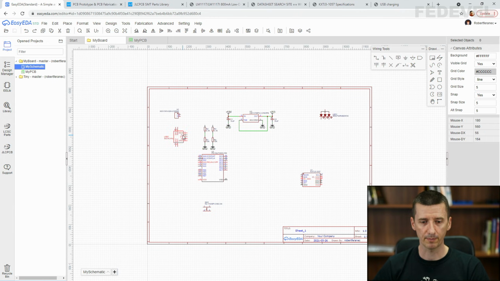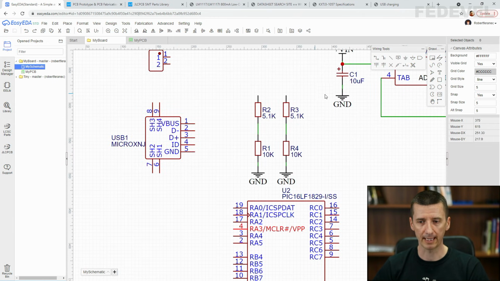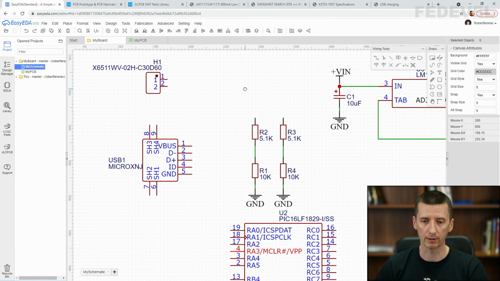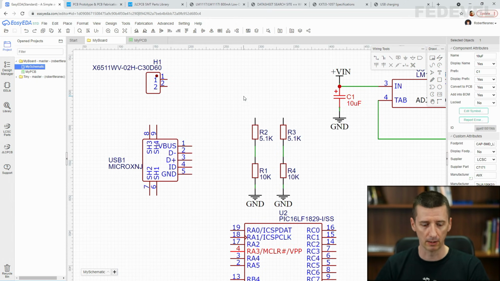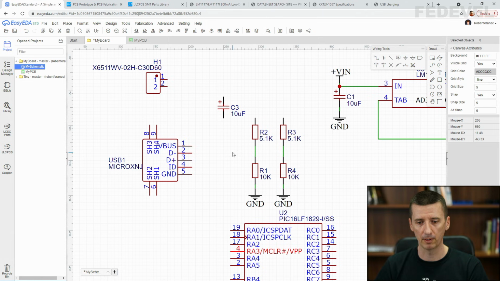Close to this V bus pin, we would like to place maybe a 10 microfarad capacitor. You know, the 5 volt is coming through this V bus pin, and this 10 microfarad capacitor can help improve this 5 volt a little bit. It's not the best and super proper way to connect USB connectors, but in our application it is just good enough. We would like to keep it simple. So I'm going to copy this 10 microfarad, left click, Ctrl C, Ctrl V, and I'm going to place it maybe like here, escape. We would like to connect the ground here,